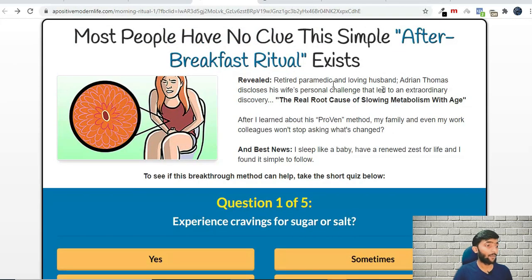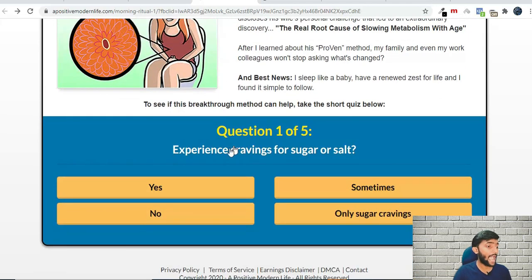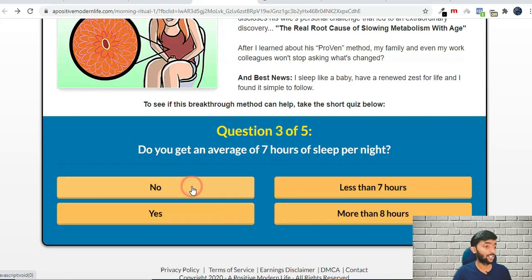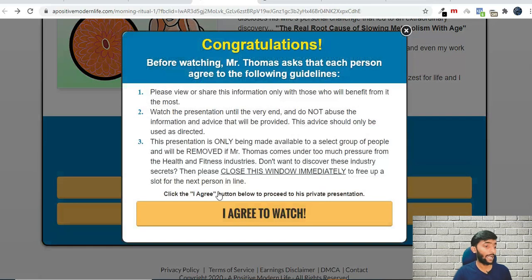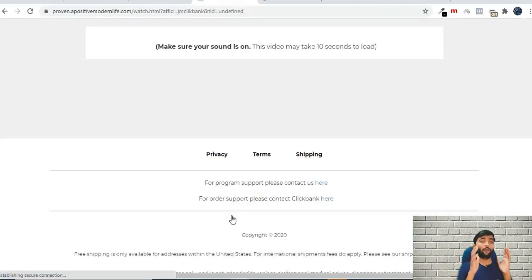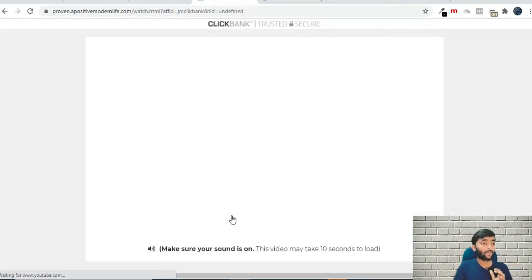So this is an example of a quiz landing page. As you can see here, we have a few questions on the landing page, right? So when your audience lands on your landing page, they go through these questions. They answer these questions, and at last they go to the offer that you are promoting, okay?